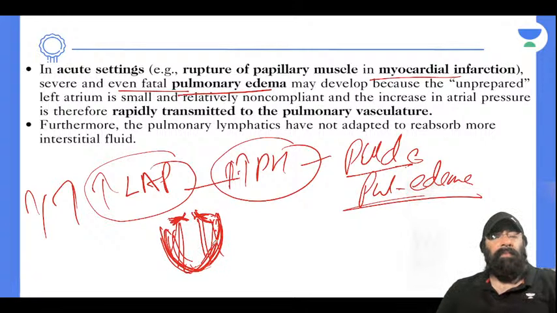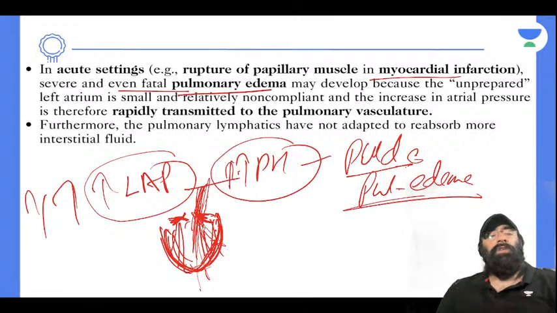So what happened here: the papillary muscle ruptured. So this leaflet is just swinging around here, up and down, and the whole blood is going back and forth. So acute rupture of papillary muscle, acute severe myocardial infarction, acute severe MR is a serious